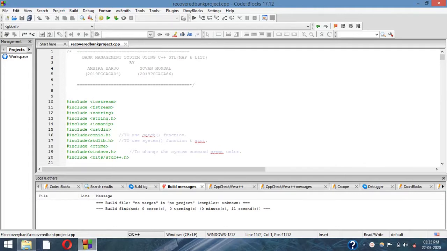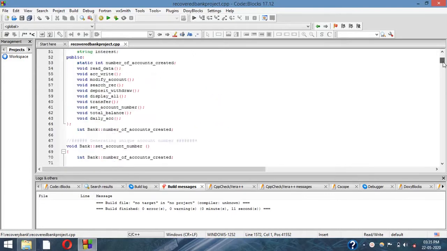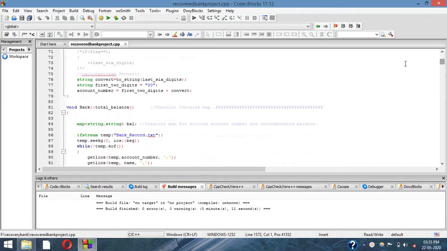So in this banking management system, in our project, we have used two STLs. The first STL is the map, which we have used inside the total balance function. Since the map STL is used for storing unique key and value pairs, and each key is associated with only one value.